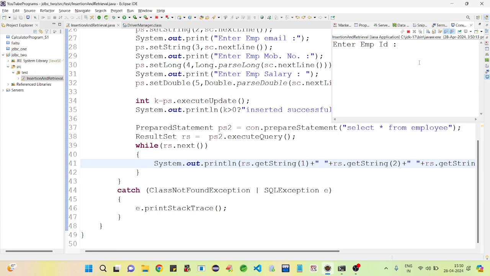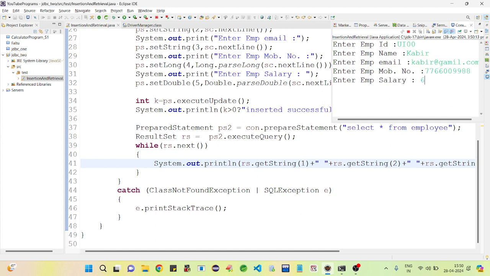First, we are going to insert one more record. U100. Employee name Kabir, email ID kabir@gmail.com. Mobile number 7766009988.